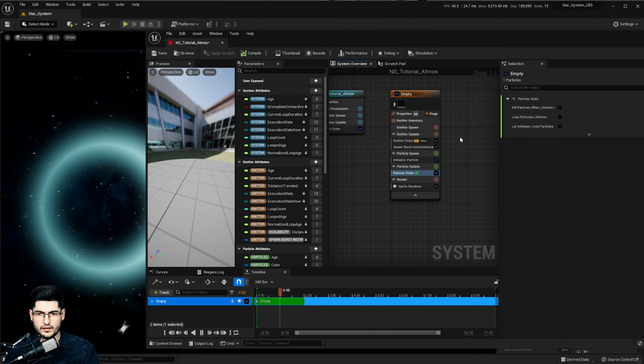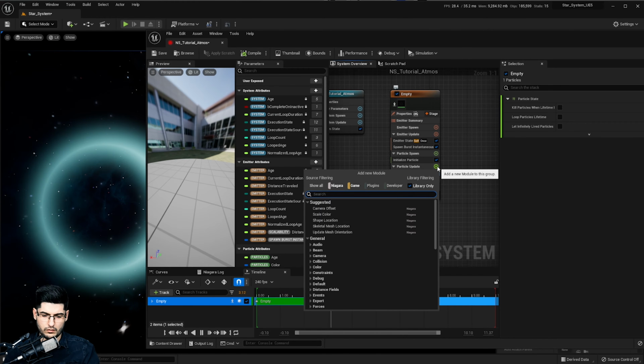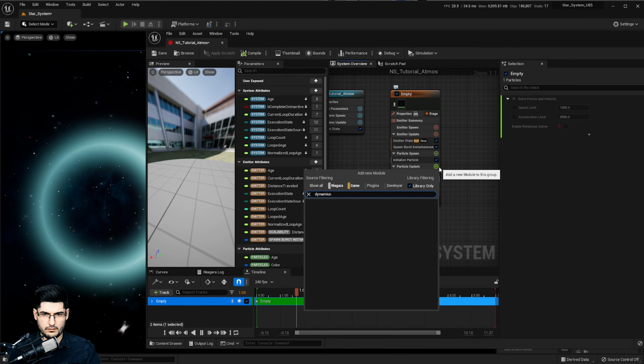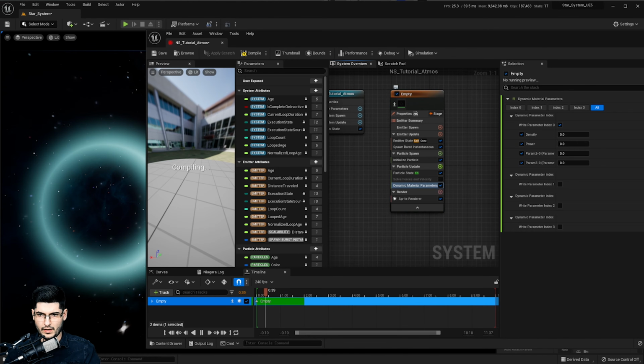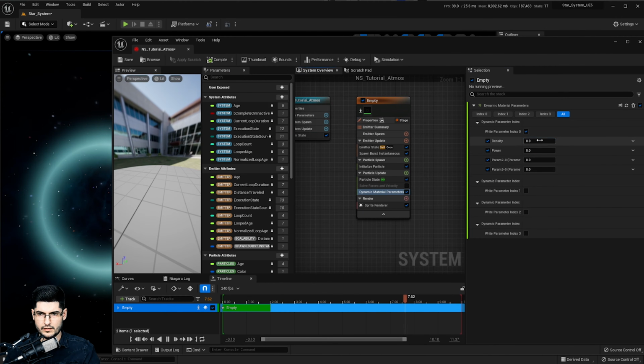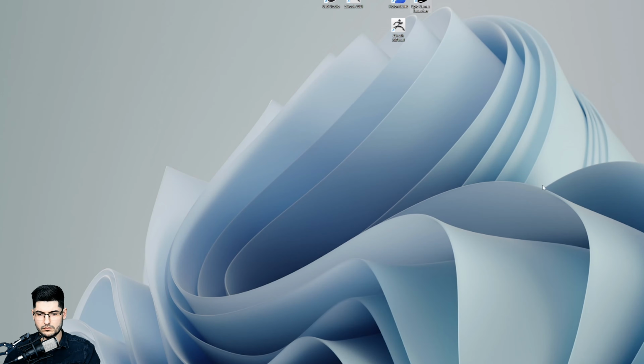Okay, now one thing that you can also add is a solve forces and velocity, and you only need to use that in case you want to set its facing value, and I'll show you what that means in just a second. And then also you want to add the dynamic material parameters, and this will allow you to change some of the settings that you could do in the material. So for example, we can put the density, let's put the density to 1, and oh, I think I just